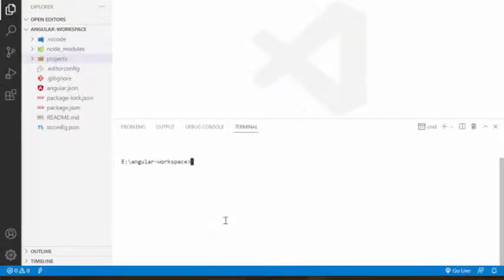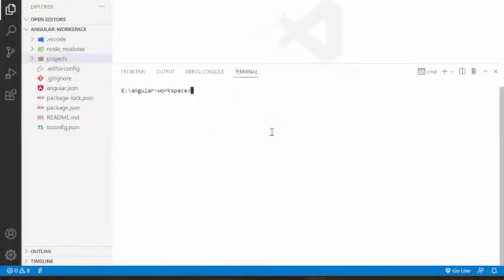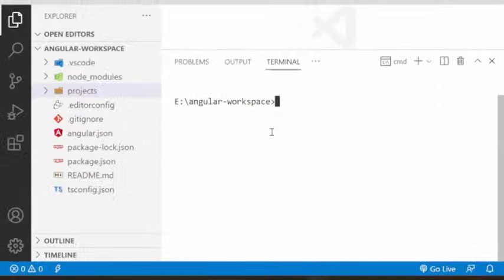Let's run this command here in the workspace. I'm using ng serve --project=shopping and hit enter. It will compile and it will run the project.